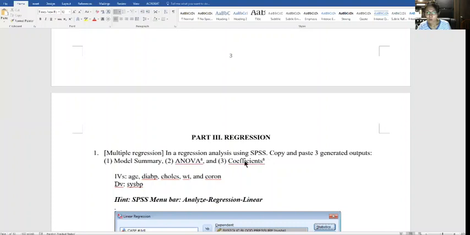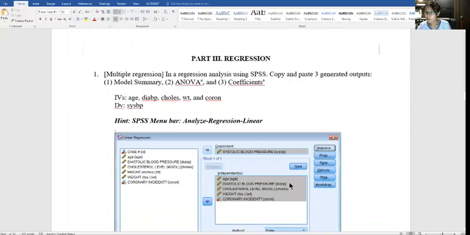So model summary, ANOVA, coefficients. You remember that? You have to do that, because SPSS is a machine. So SPSS can think like urban 1, suburban 2, rural 3, 3 is higher than 1, 2 is higher than 1, something like that. But you didn't intend, you didn't mean rural is higher than urban or rural is higher than suburban or something like that, right?